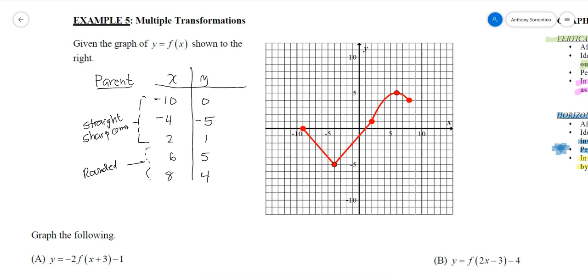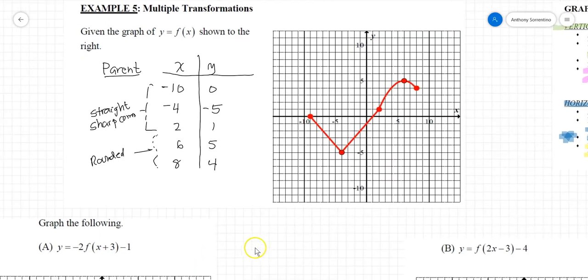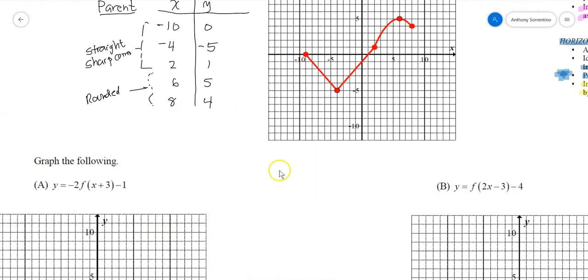So now I'm going to come down with this as my parent function, and I'm going to look at graphing y equals -2 times f of (x plus 3) minus 1. Now, let me shut this down just ever so slightly. I still want to be able to see the parent function. When I look at this, I'm going to have to, before I do anything on the graph,